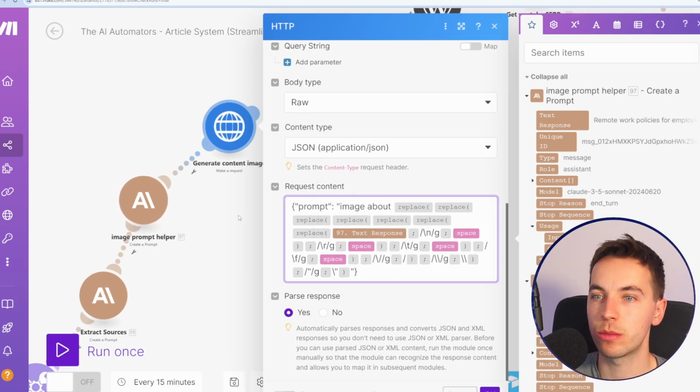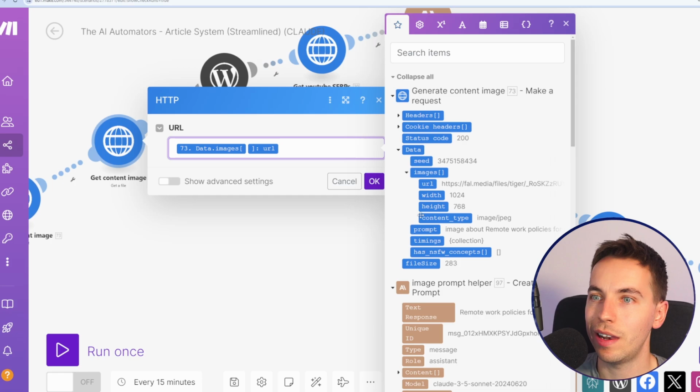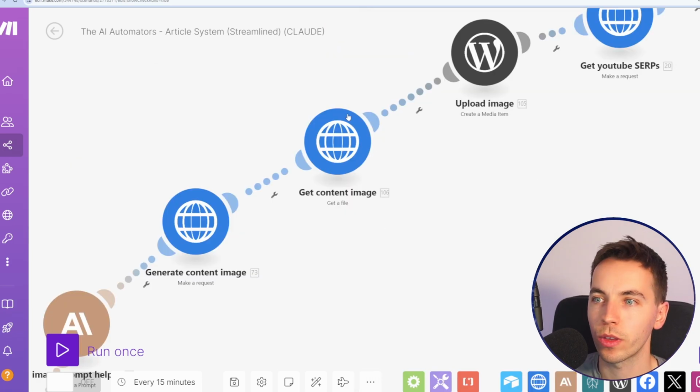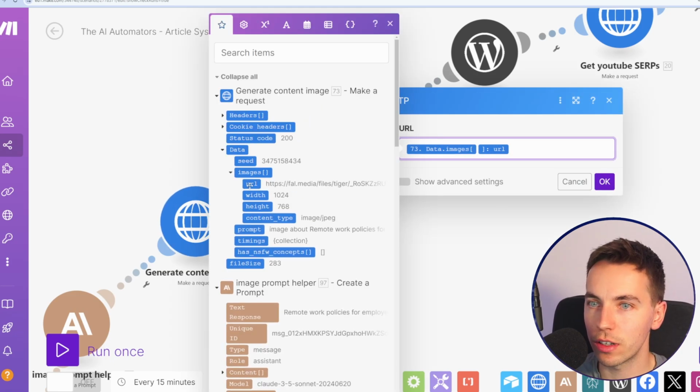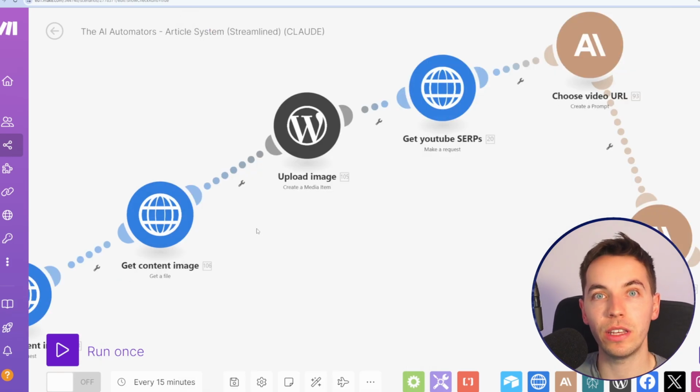This is using the text response from this image prompt helper that we had previously, which is this remote work policies text. So we're passing that in, and then we're parsing that response. And the last time that was run, it generated this response. So it generated the actual URL and the width and height of the image and the content type. And we're using this get a file module within Make to actually get the data for that file. And we're selecting this. So you can just go down here and then select URL, then you see it like that. When we get that content of the image, then we have the actual file that we can upload directly